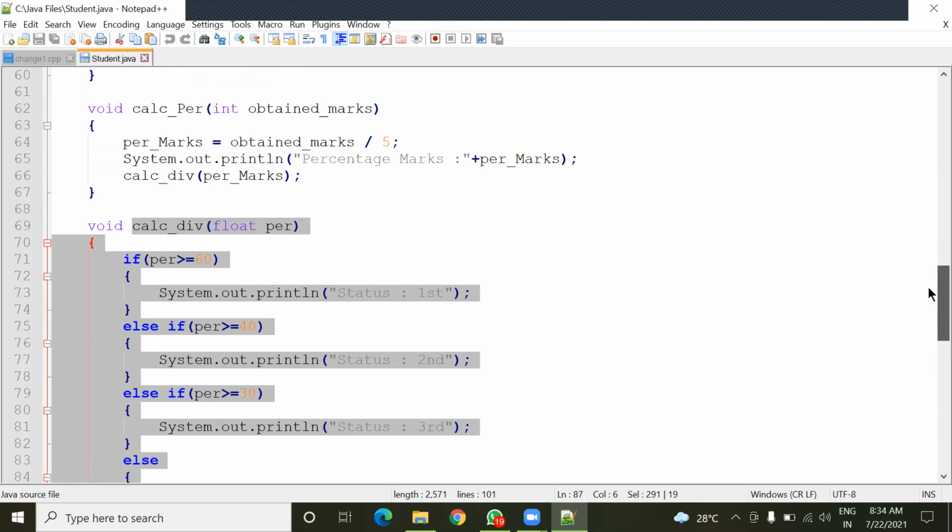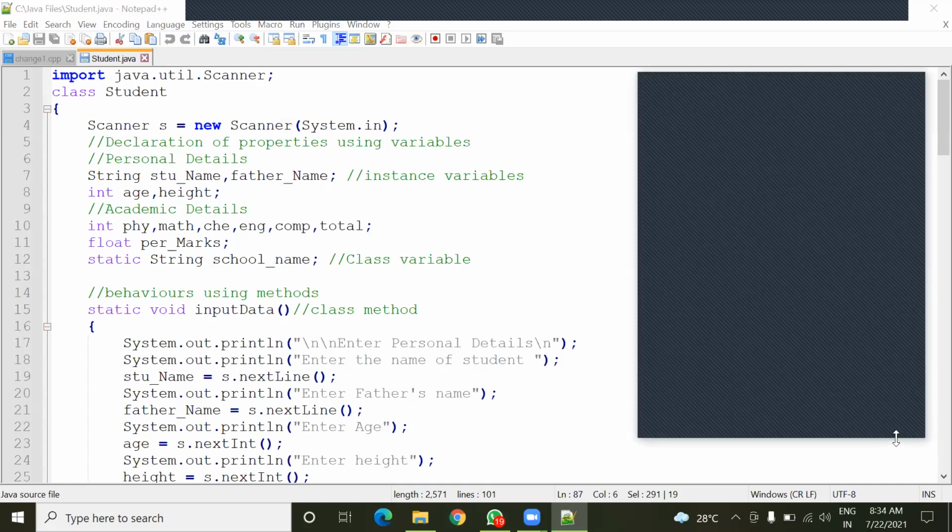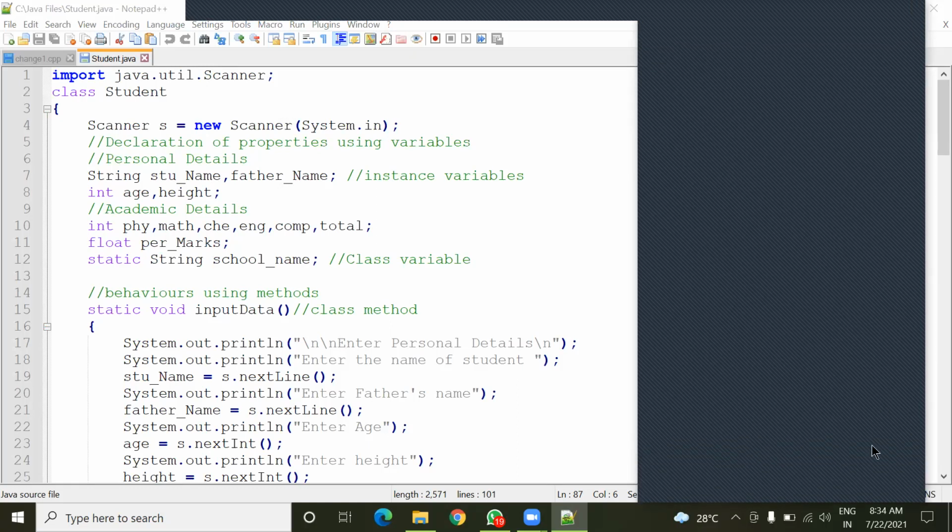So is it looking like the same C programming or is it looking totally different from that? Sir, different. Sir, not so much different. Why? In C programming, is there any method for calculating separate things?